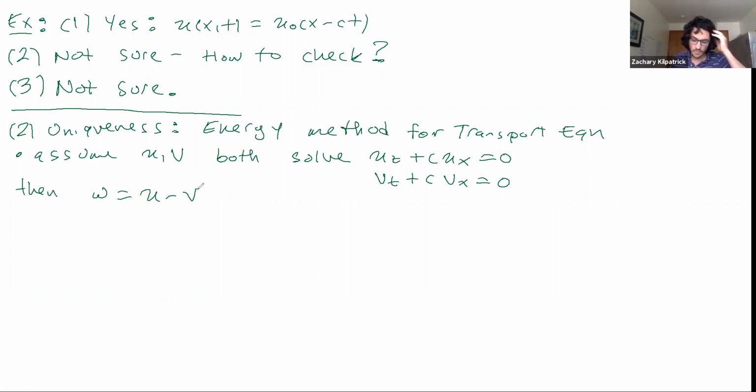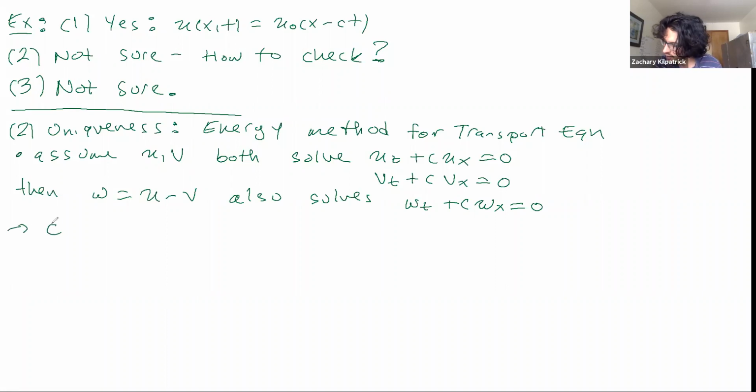In fact, because of linearity, this also solves w_t plus c w_x equals 0. Great, so what do I have then? I have that 0 is equal to